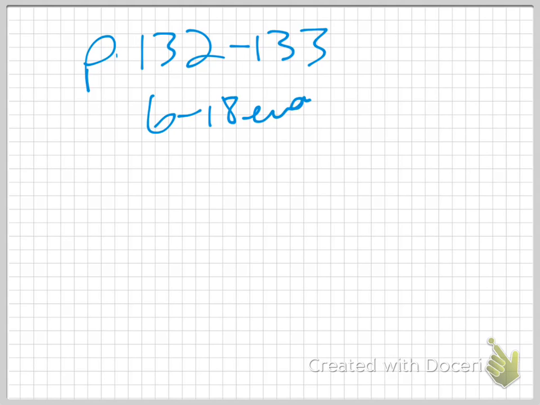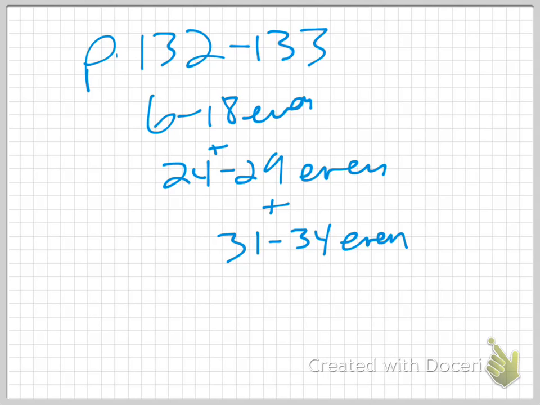Your homework. Be patient. Page 132 to 133. 6 to 18 even. And 24 to 29 even, and 31 to 34 even. Okay,